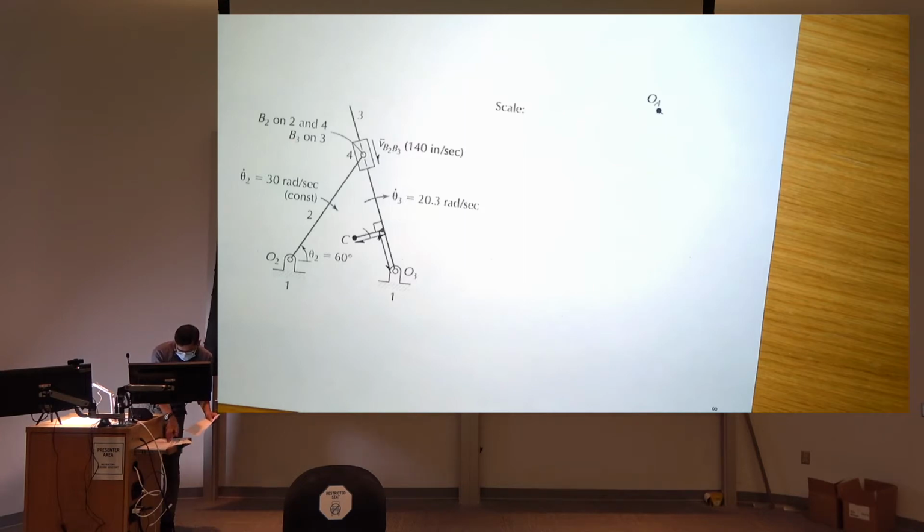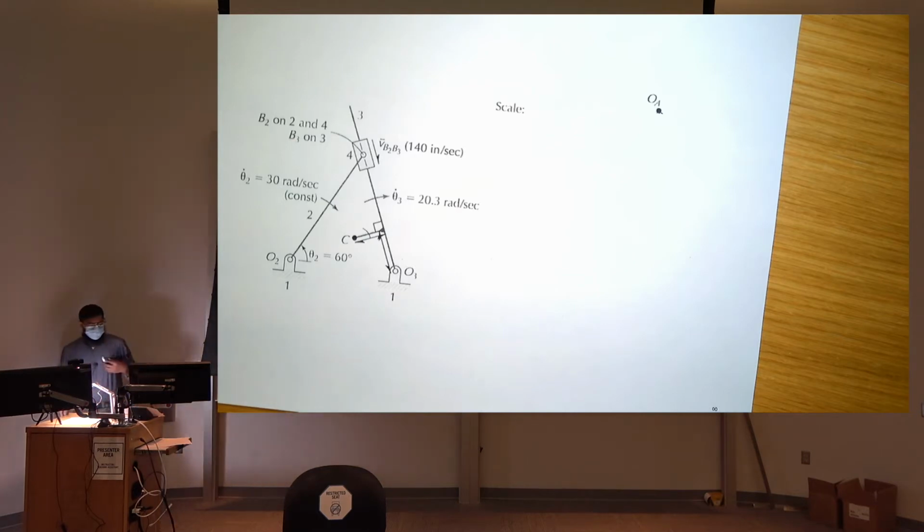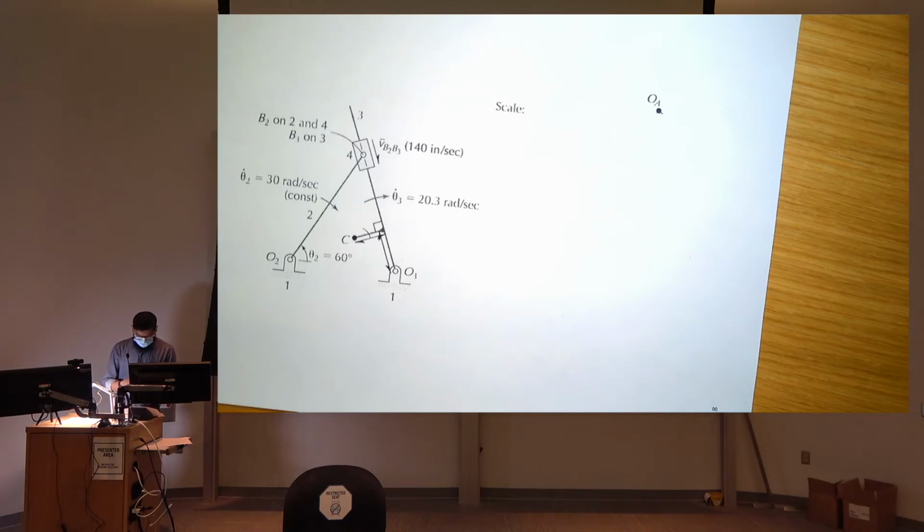In order to proceed, whenever we are solving a mechanism, whether it's a velocity or acceleration polygon, or when you go ahead, you will have to draw your force polygons also. We always start with the very easy one in order to have a starting point, because in order to solve the mechanism using polygon methods, the most important thing is that you have to start from the easiest one. If you directly start with, like, B3 on 3 or B2 on 3 or 4, I don't think I would be able to solve it. Maybe you will be able to solve it.